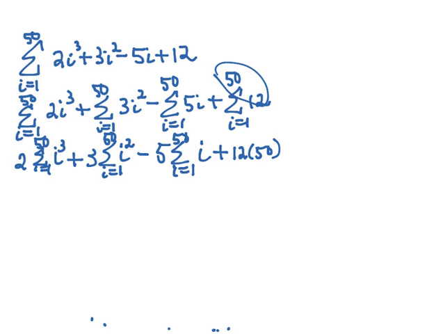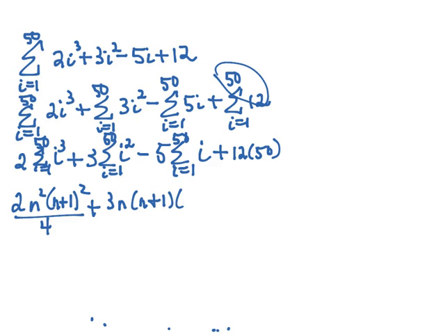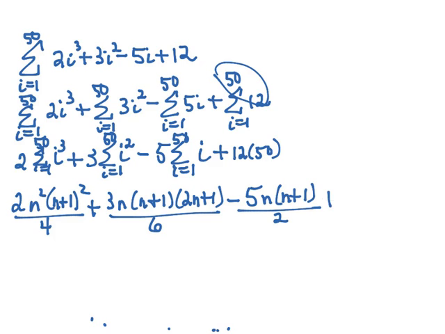So now we have our sums broken down into i squared, and i cubed, and so we can use our sums of integer formulas, which are 5, 6, and 7 in our properties. So our first term is going to be 2 times the cube rule, which is n squared times n plus 1 squared over 4, plus 3 times our i squared rule, which is n times n plus 1 times 2n plus 1 divided by 6, minus 5 times our i rule, which is n times n plus 1 over 2,